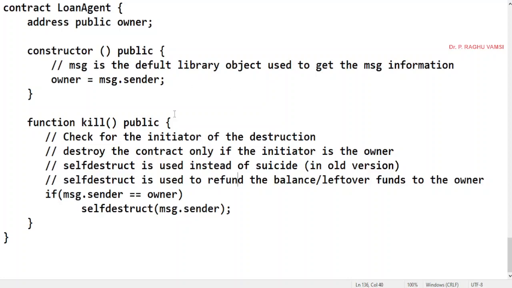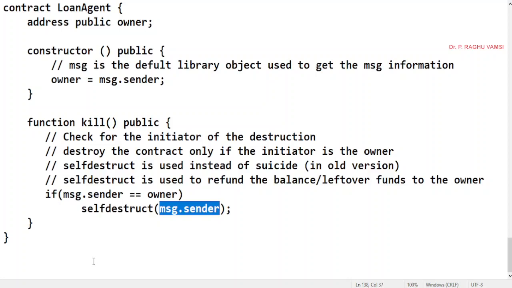Any operation or any taking of money or currency related to the contract will be attached with the contract account only. But at the time of destruction, before destruction, whatever leftover money or currency is with that contract must be sent to the message sender, msg.sender, and this contract must be destroyed.